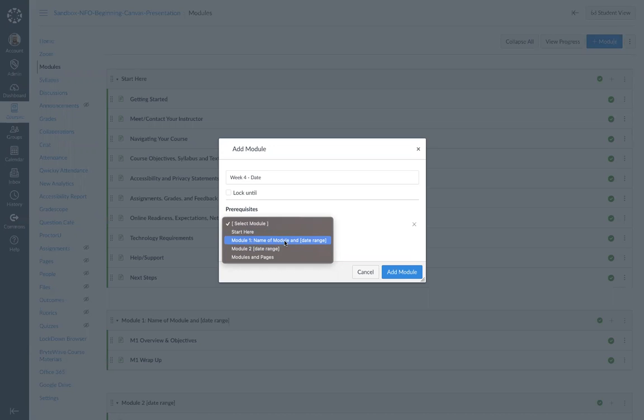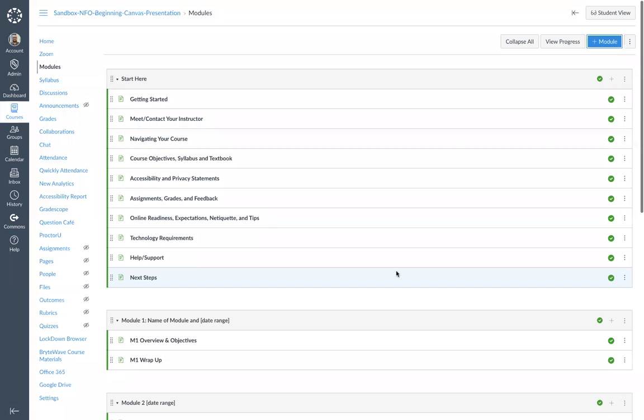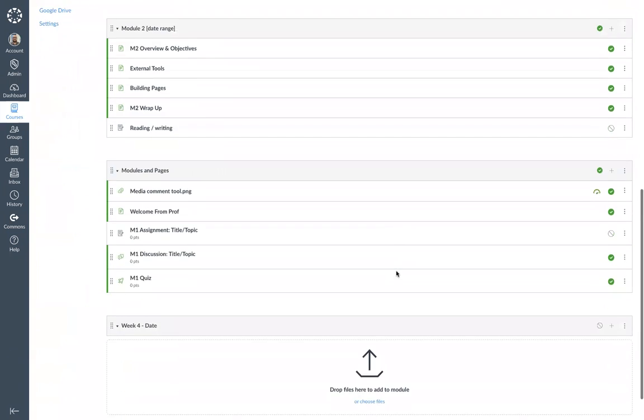If there is a quiz, for example, at the end of the module prior to week 4, you could select that item there and say the students will not have access to module 4 until they complete the quiz. And then, of course, with the quiz, it would be a condition, meaning it has to either pass, or if it is a scored quiz, a particular percentage of the points, for them to be able to go into week 4. You're going to go ahead and click on add the module.